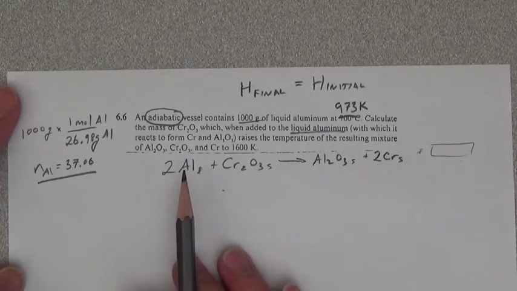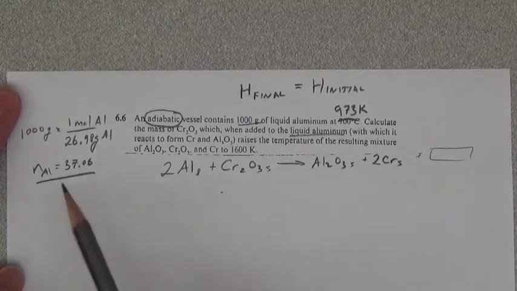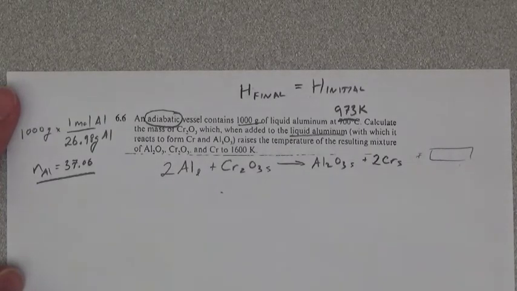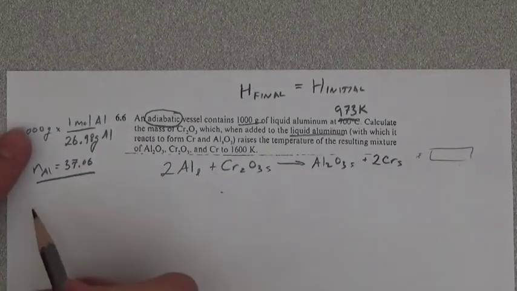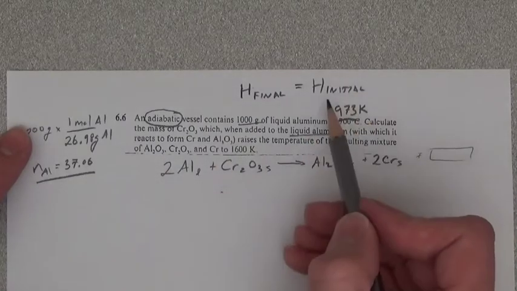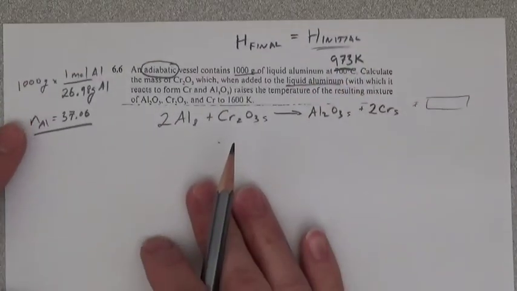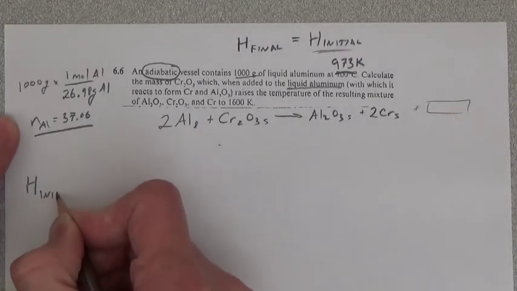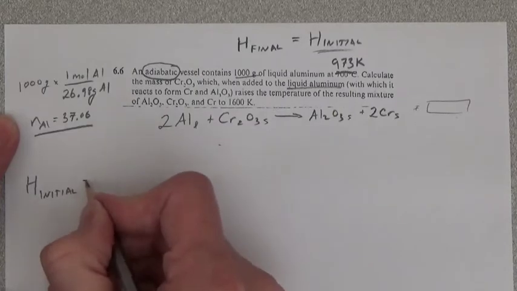Unlike other problems where we do all of our work in molar quantities, in this system we're going to be working with absolute values of the enthalpy because we're interested in knowing the total heat that's generated during the reaction. So let's start by writing out the initial enthalpy. So the initial enthalpy of the system is going to be,